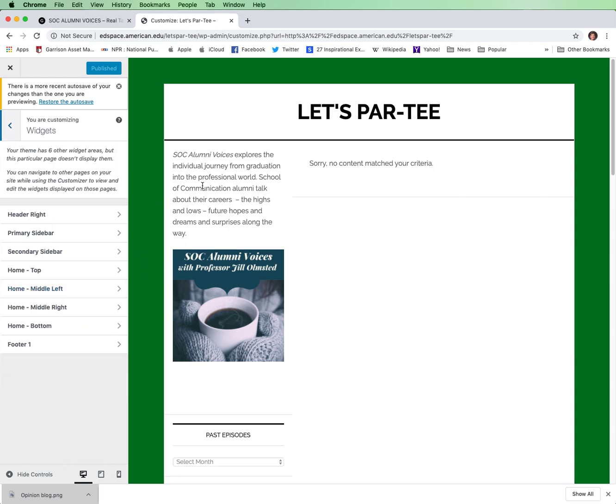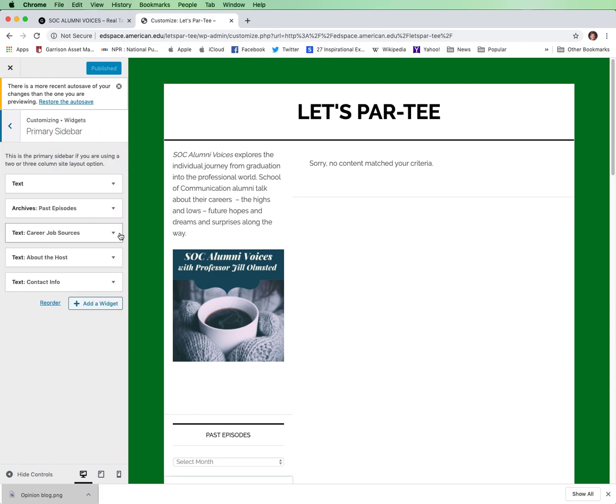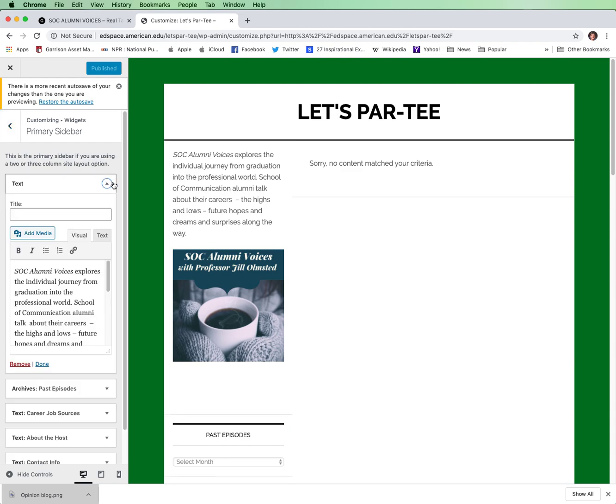And this is a primary sidebar. Now I've already created some boxes here, so you can keep these boxes and just change the content. Under text, I didn't want to give it a name because the name is right up here, right? But you could if you wanted to. Instead, I made it the copy. So instead of saying SOC Alumni Voices, I will just